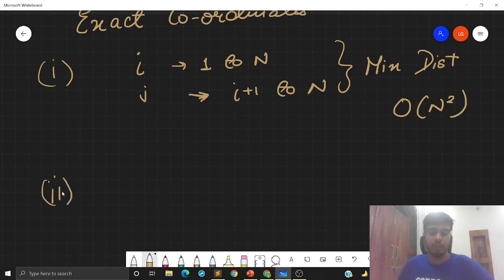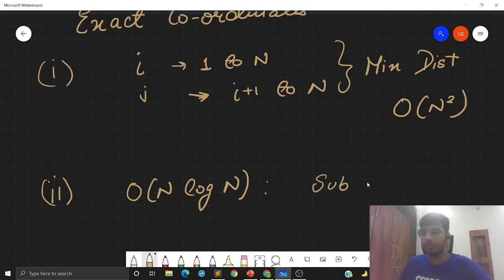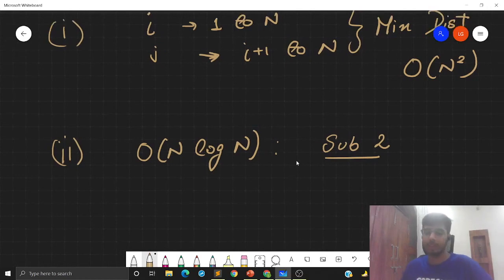A better algorithm is we can use the divide and conquer algorithm to find out the closest pair of points. The algorithm works in order n log n time and n is bounded by 1e5, so we will be able to get the shortest possible pair of points and we can report the distance between those 2 points, and this is enough for the subtask 2. Now if you are not aware of this particular algorithm, you can read it on various articles. There are several articles present on this approach, and you can surely go and take a look at this order n log n algorithm to find out the closest pair of points.